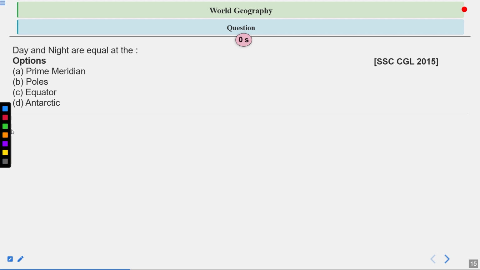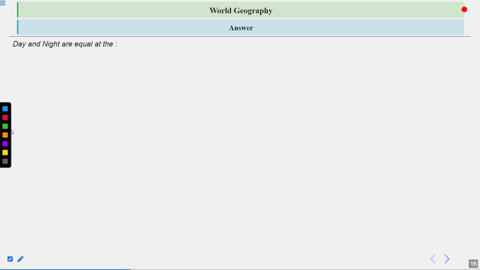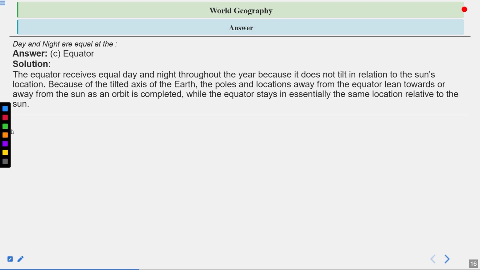If we talk about the day and night, this can occur only in the situation of equator. So the equator receives equal day and night throughout the year because it does not tilt in relation to the sun's location. Because of the tilted axis of the earth, the poles and locations away from the equator lean towards or away from the sun as an orbit is completed,